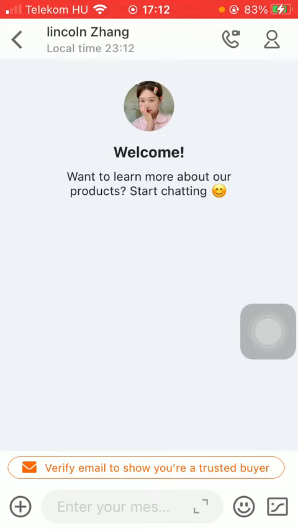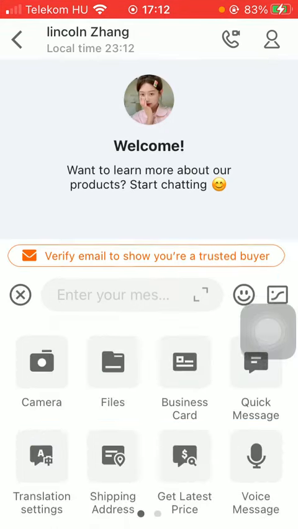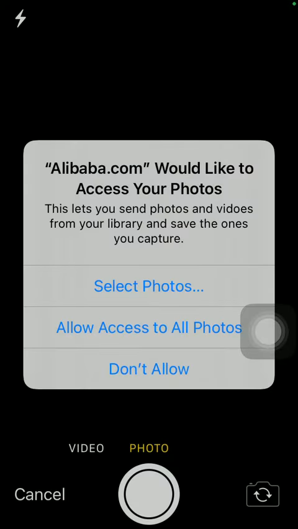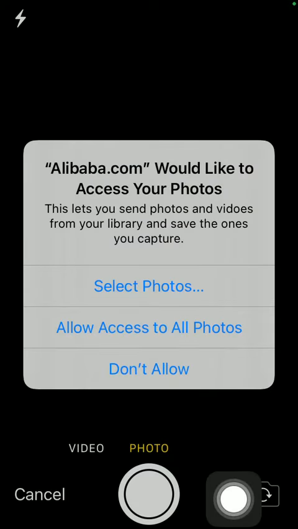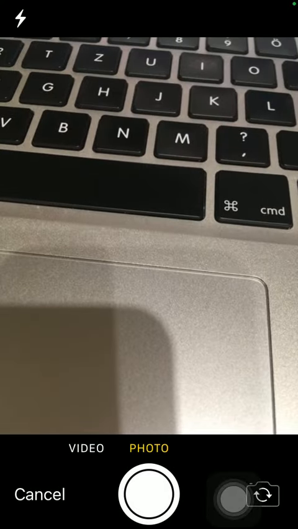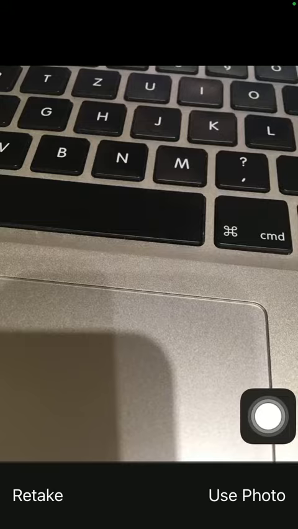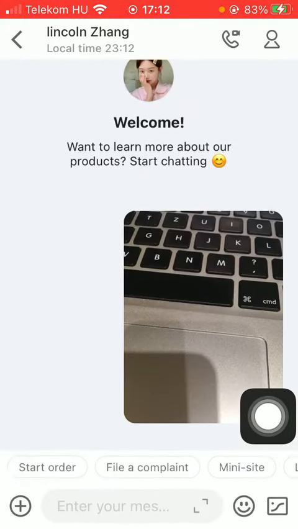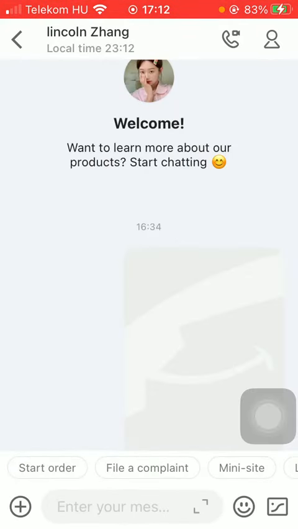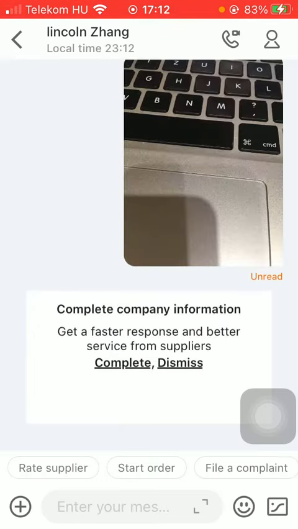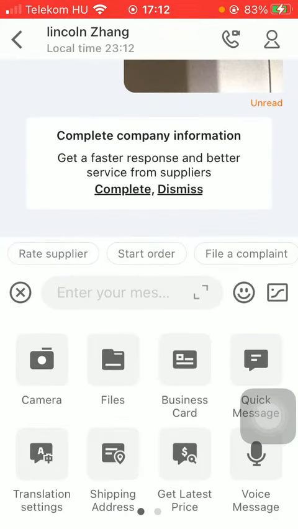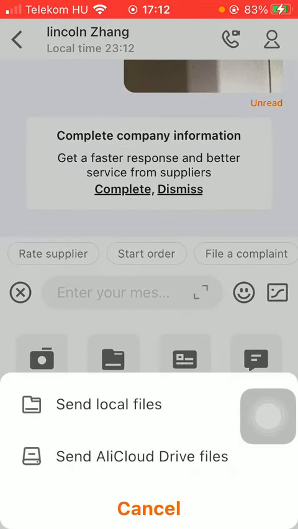So here you should tap on the plus icon down below in the left side corner of the screen and click on camera. Here allow access to all photos or select photos, so tap on the relevant one and you can take a picture with your phone, tap on use photo, and then as you can see you have sent it to the seller. You can also attach files by tapping on the files